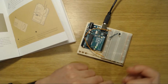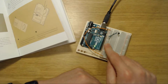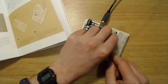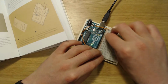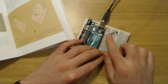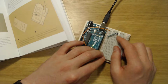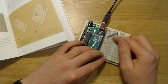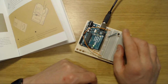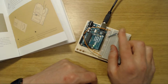Now remember what I said earlier, you don't want voltage going directly to current, you want there to be something here. That looks confusing, so I'm just changing this so that it doesn't look like I literally have cross wires, even though they're insulated cross wires. There we are. So positive to this side, negative to this side. The idea is that the voltage goes through here, and I said you shouldn't have them directly connected, but don't worry, this actually has a resistance. But here's the clever thing. It manages the resistance according to the temperature,